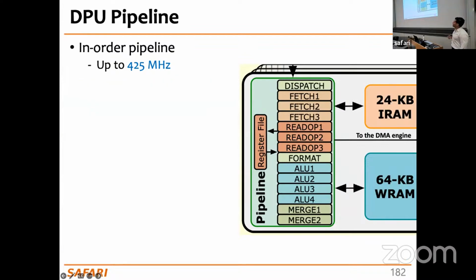As I mentioned, this is an in-order pipeline, and this is one of the effects that I mentioned that is a direct effect of manufacturing logic together with the DRAM manufacturing process. The frequency of this processor is quite low, right? It is 400 up to 425 megahertz for an in-order core. The processor in your phone runs 4 times faster than this, right?